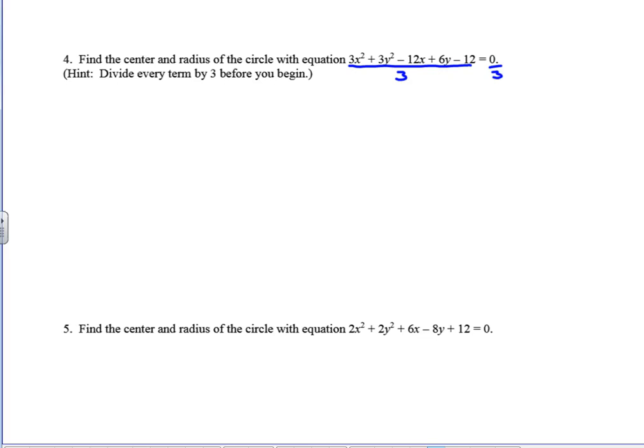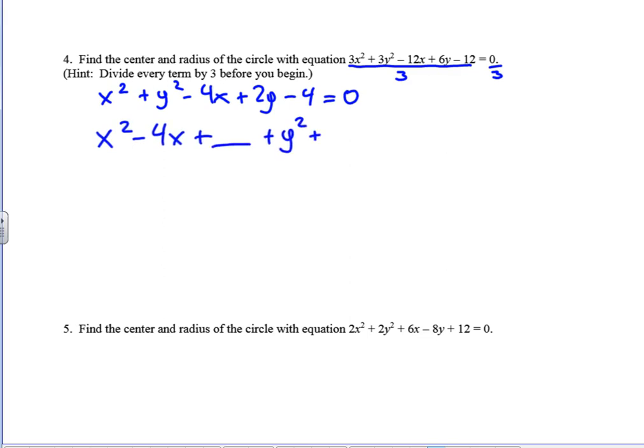We can simplify this to start. So it'll become x squared plus y squared minus 4x plus 2y minus 4 equals 0. And so now I'm going to do my moving things around. X squared minus 4x, we're going to add a blank. And then y squared plus 2y, we're going to add another blank. I'm going to move that 4 over to the other side, and then we're going to add our 2 blanks. So we had to do a first step there just of cleaning some things up in order to be able